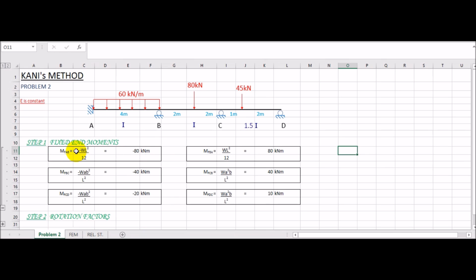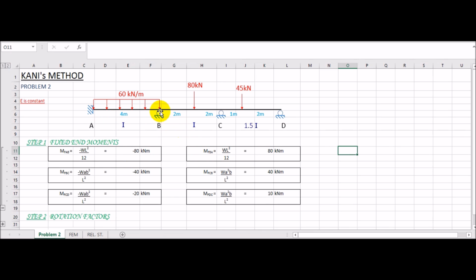Now we will start with the fixed end moments. First is MFAB, which is equal to minus WL square by 12, where W is 60 and L is 4, and we get MFAB as minus 80. So the fixed end moment here is minus 80. Why is it minus? Because my UDL tries to bend the beam in a sagging manner, and there is a resistive anti-clockwise moment formed at joint A. That is the reason it is negative, because as per my convention I am taking anti-clockwise as negative. Okay,